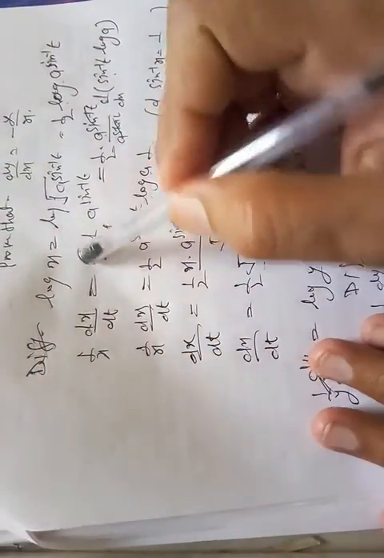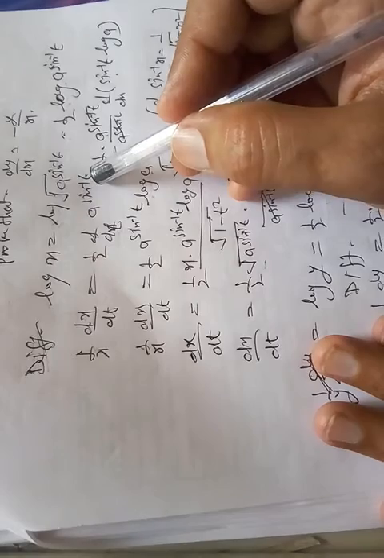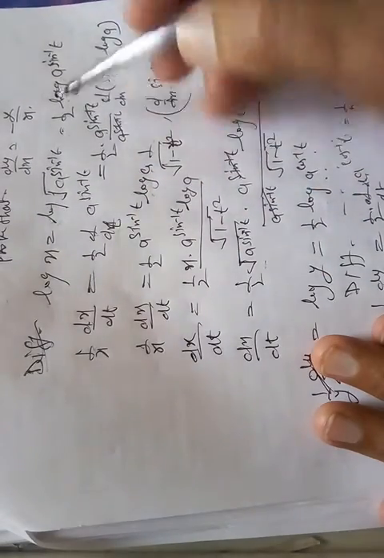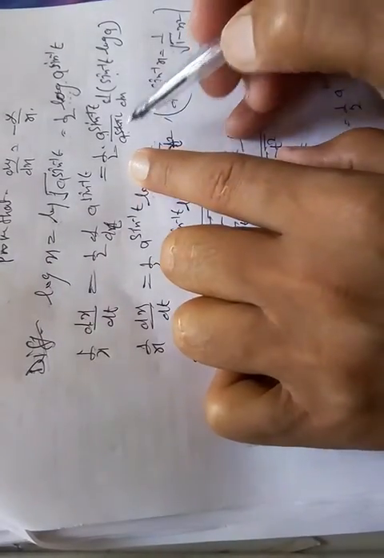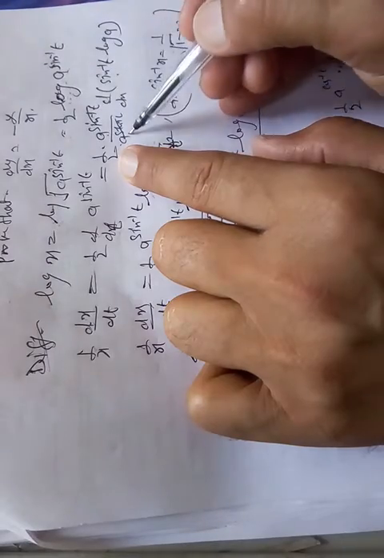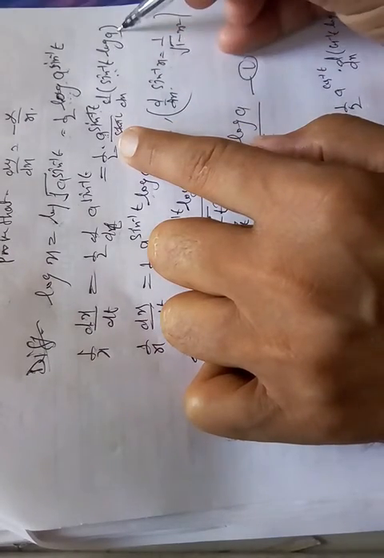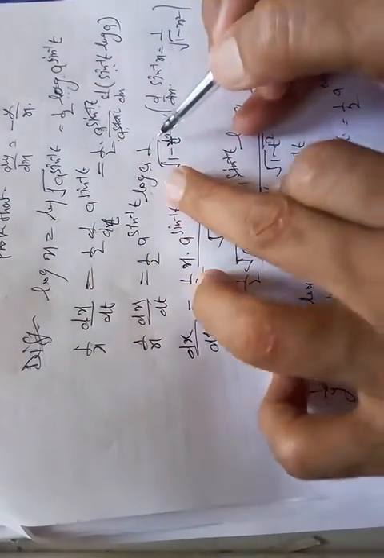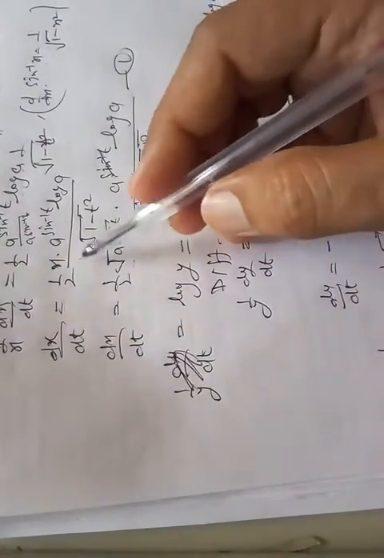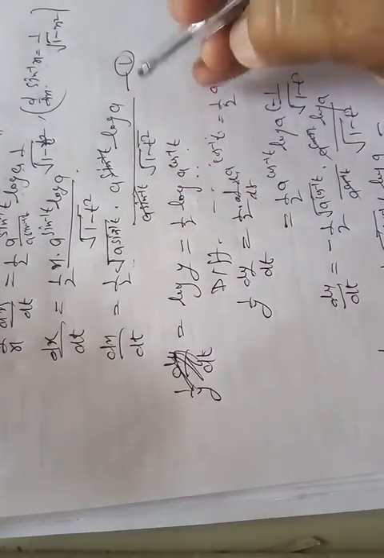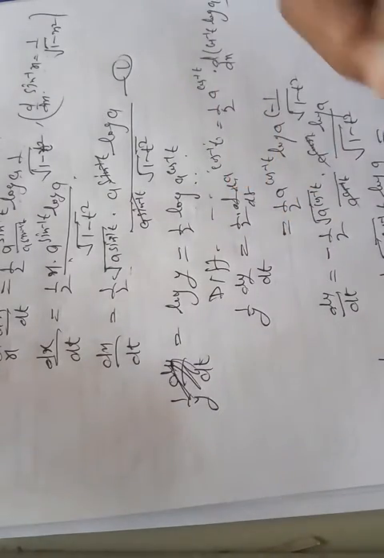Differentiate with respect to x, log x. So 1/x dy/dx, and 1/2 log a raised to sin inverse t. Differentiate log a raised to sin inverse t: 1 upon a raised to sin inverse t, d/dt of a raised to sin inverse t into log a. This is the direct method. So x can stay as it is; no need to put the value of x here. Even if you do it later, it will only become long, no problem.